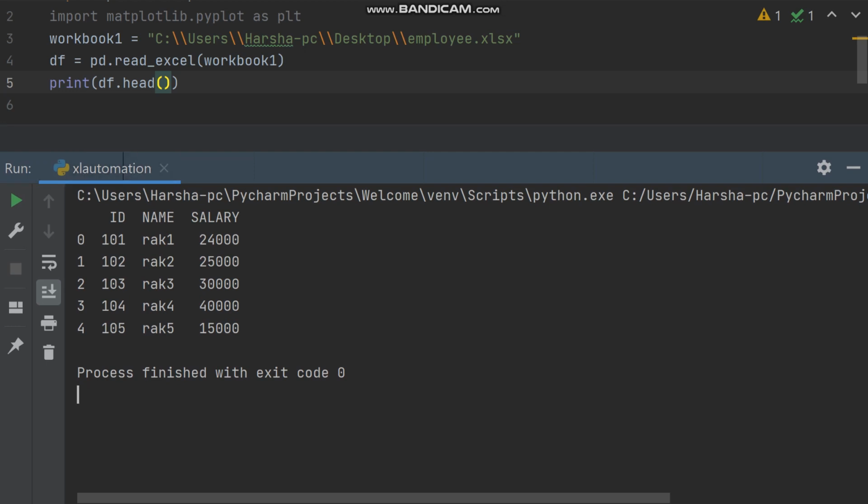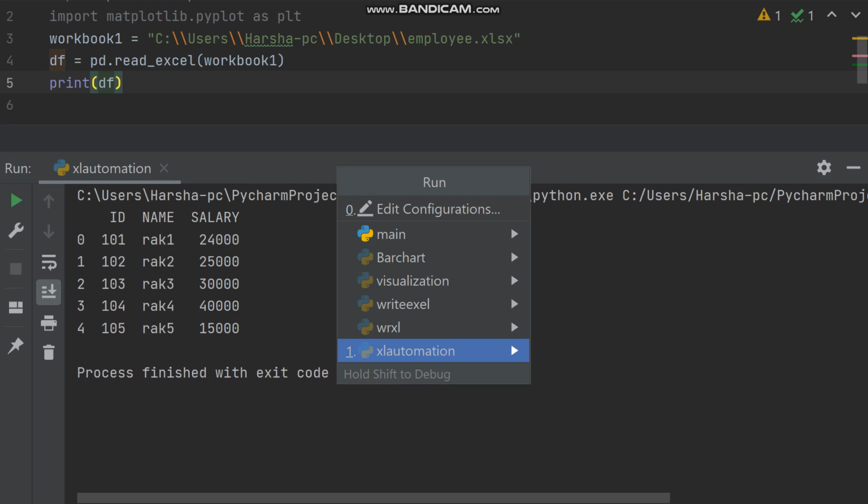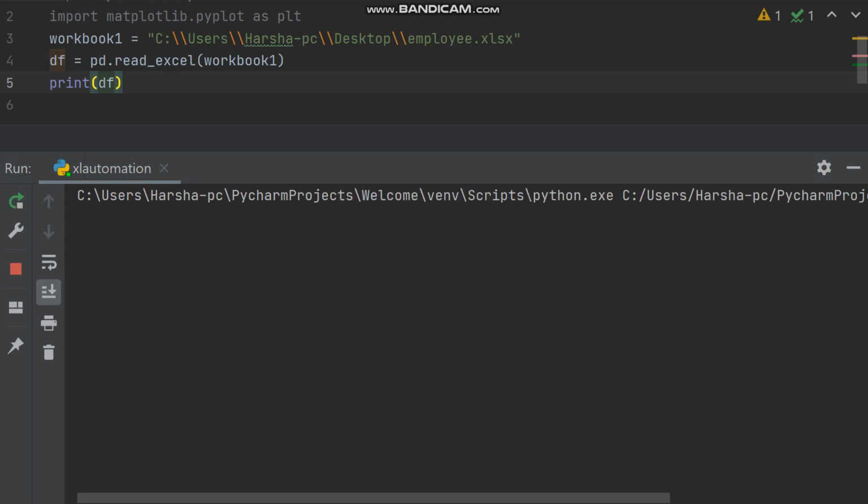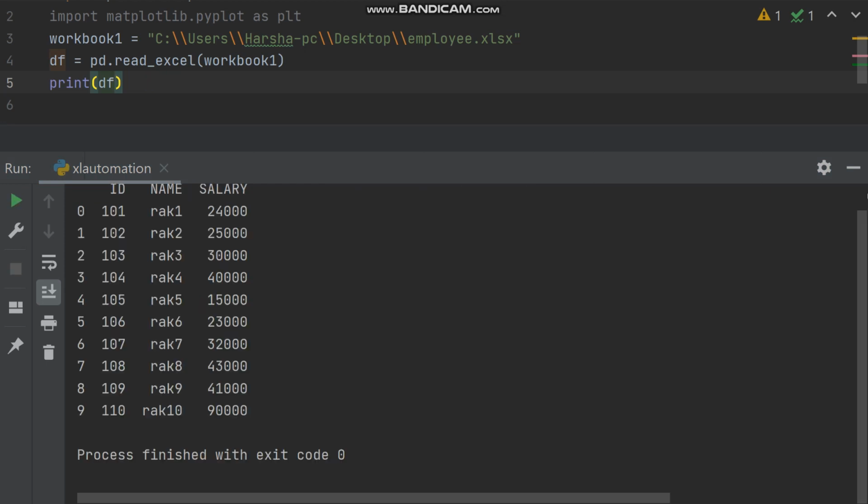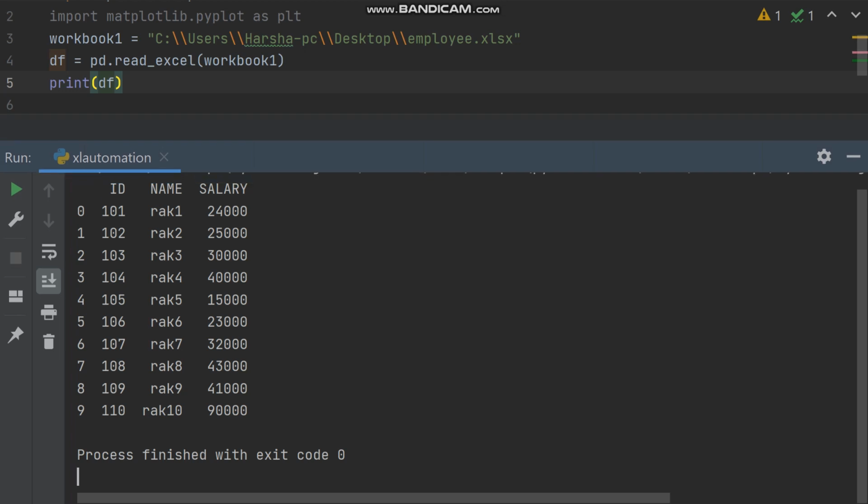If you remove head, control S, alt shift F10, then enter, you will be getting the entire data. Okay, so this is the entire data.